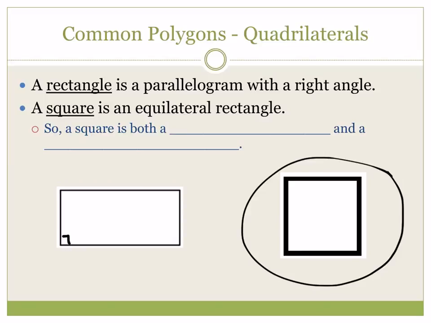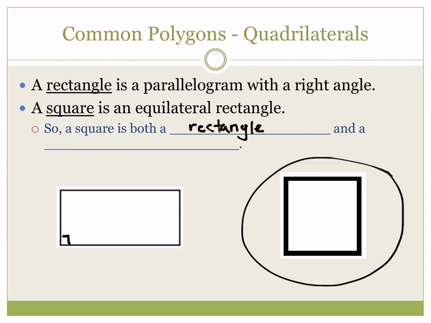Because it's a parallelogram with a right angle. It just has an additional condition to it. What's the additional condition? It's also equilateral. So it's a more specialized case of a rectangle, but it is still a rectangle and it is still a parallelogram. It is both of those descriptions as well. So a square is both a rectangle